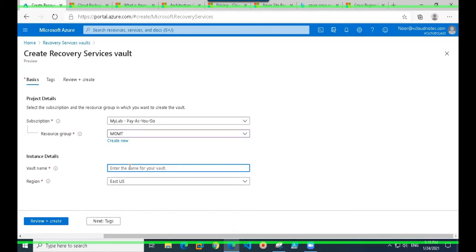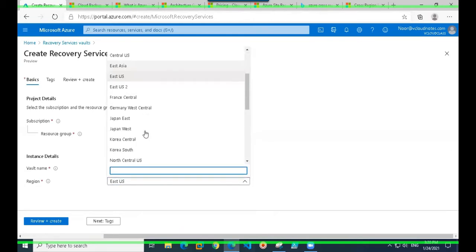Vault name. Suppose RSV, recovery services vault. This again would be as per the naming convention or naming standard you have in your environment. Suppose I am using this naming standard: recovery services vault, US Central, or suppose US West, 003.